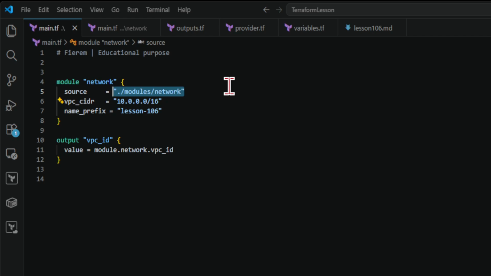A local module is a Terraform module loaded from a relative file system path, such as modules/network. Terraform treats every working directory as a module, and a module block lets the root module call another directory as a child module. That directory boundary changes loose resource definitions into a callable interface with inputs and outputs. By moving repeated infrastructure into a child module, you update the logic once and reuse it from many callers.